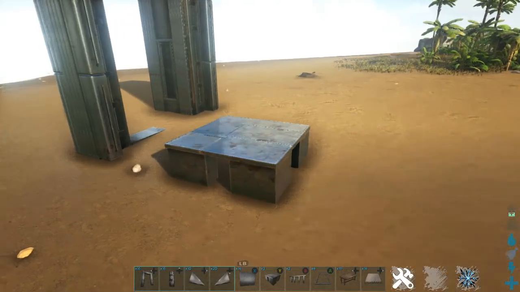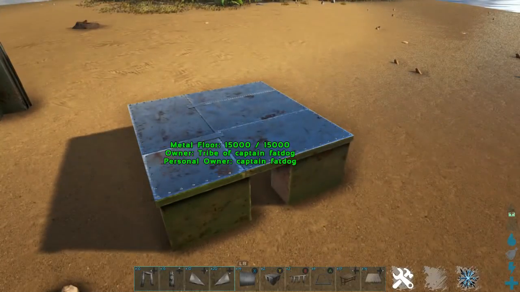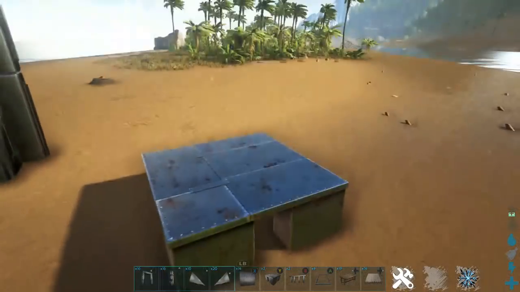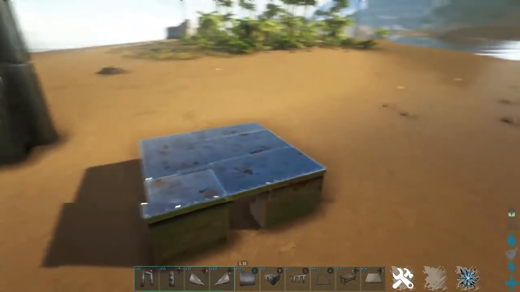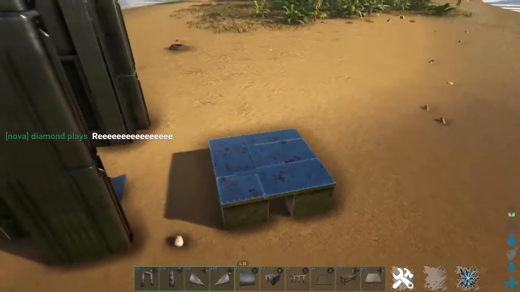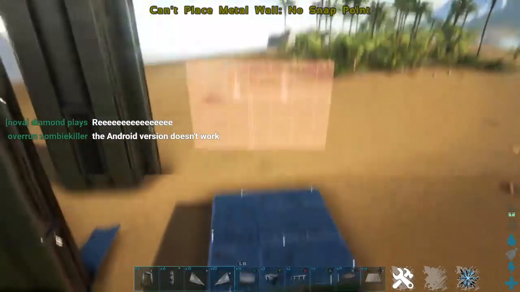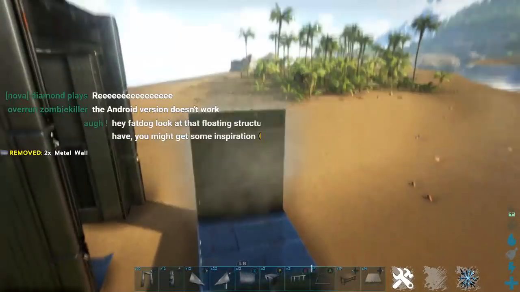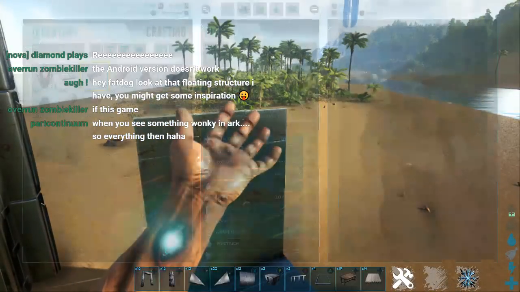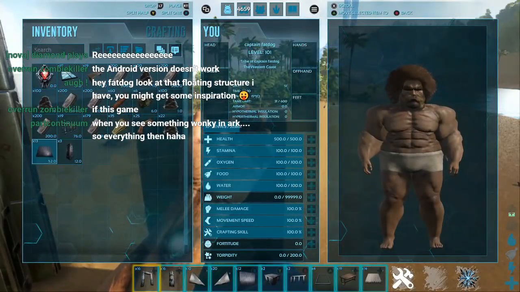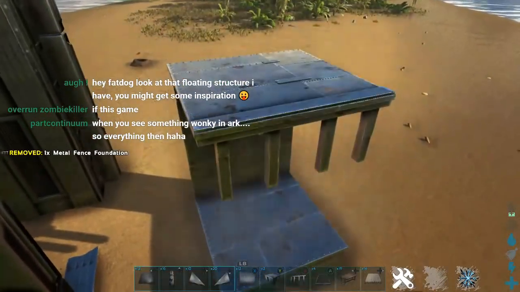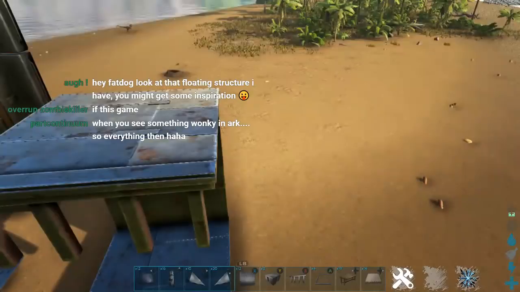Ethereal, I'm not sure if you caught the bit earlier. In fact, it might chat down. I don't know. But you're asking about how high you can go with the fence foundations. So you can go like 2 walls high, but if you want to connect more, you can. So, for example,